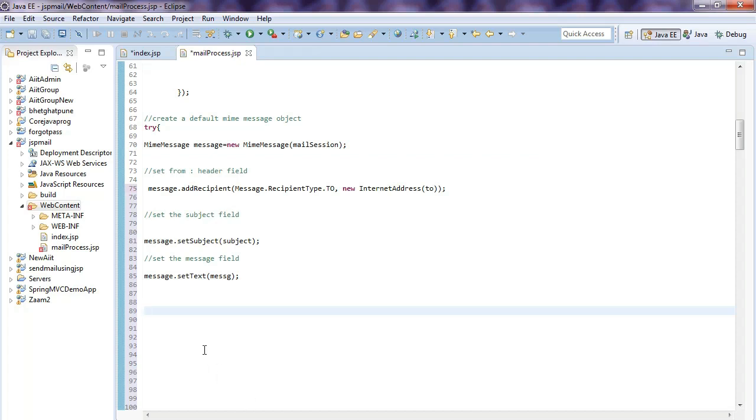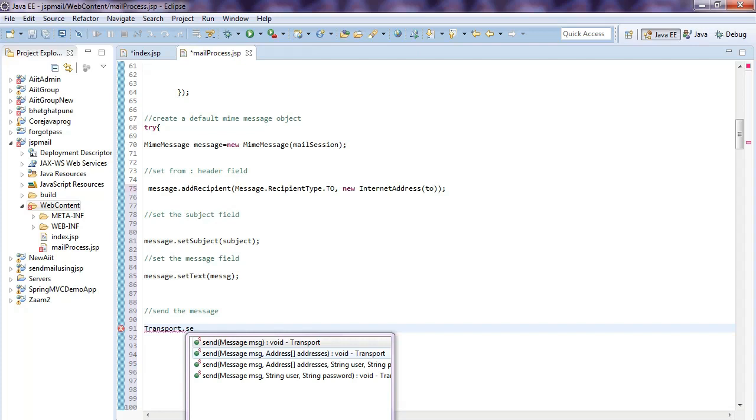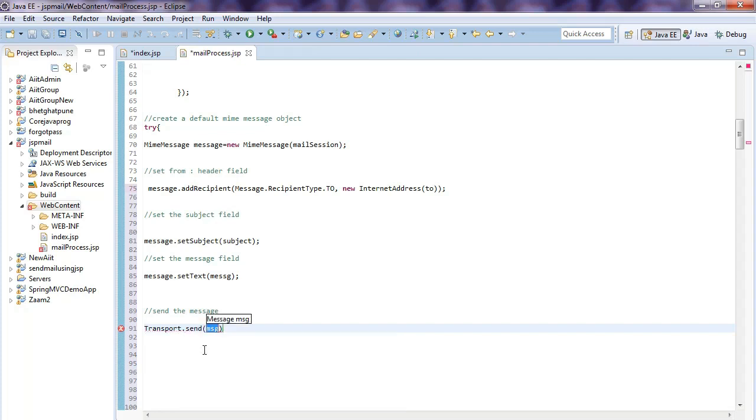What do we need in the next step? We need to send the message. How can you send the message? You use the Transport class. So let's see here, Transport.send, what to send? The message.